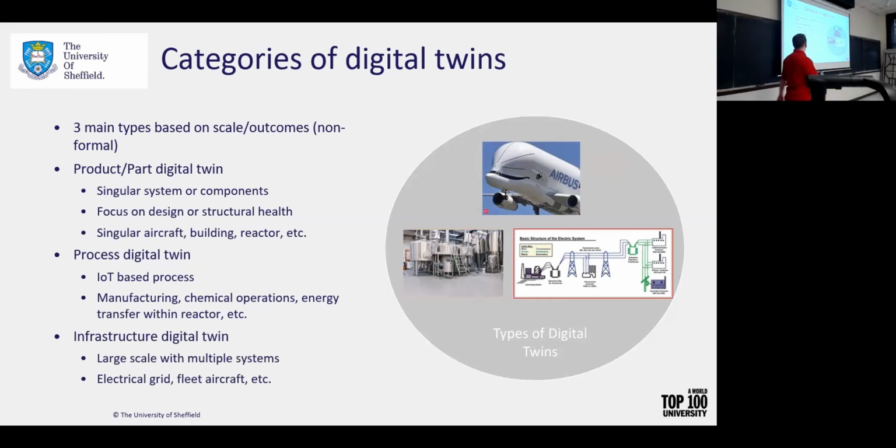And last, but certainly not least, is what I call infrastructure digital twins. These are much larger in scale, and they tend to have multiple systems within them. So things like the electrical grid, things like a supply chain, things like London. There's many people that have a digital twin of a city, whether that's a big city or a small city. These are typically infrastructure digital twins. And they even relate to things like a fleet of aircraft. If you think about Virgin Atlantic, they have so many aircraft with particular tail numbers. They can have an infrastructure digital twin that looks at each system individually. So you think of it as a wrapper around all these other part-specific digital twins.